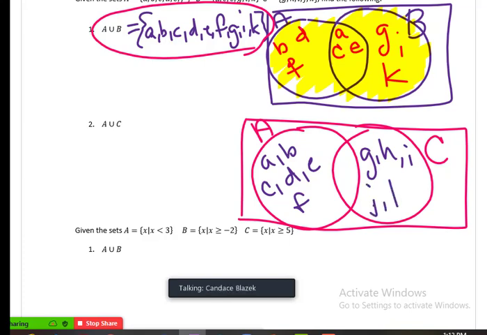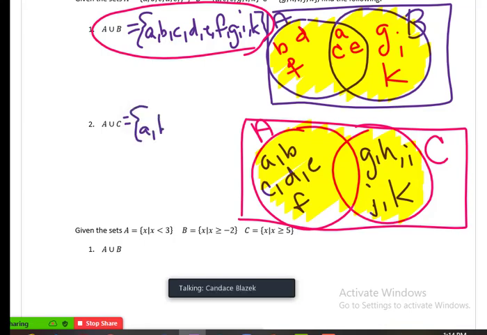Okay, but when you're looking at a union, it's not about what they have in common. It's just everything that is in set A or set C. So if I was to write out this solution, it would be